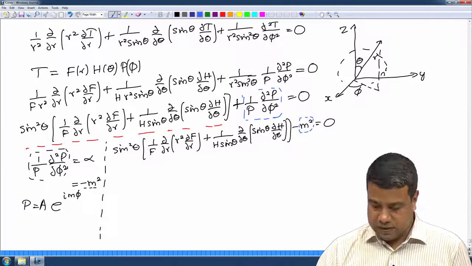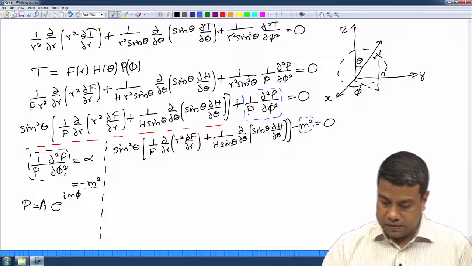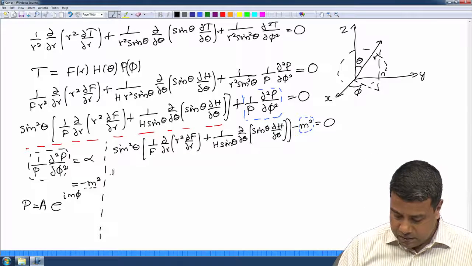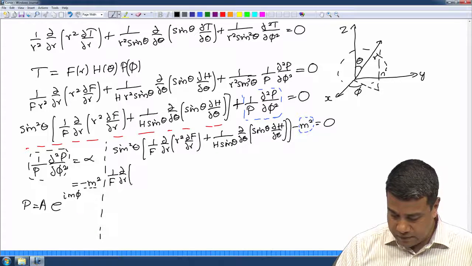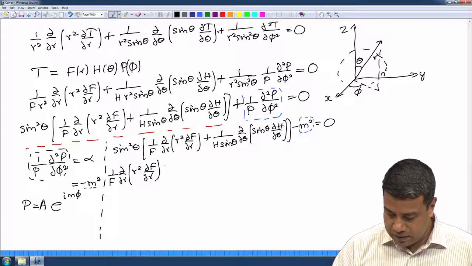How do I solve this? I divide throughout by sine square theta. So, first term I will get 1 over f d by dr of r square df by dr, plus